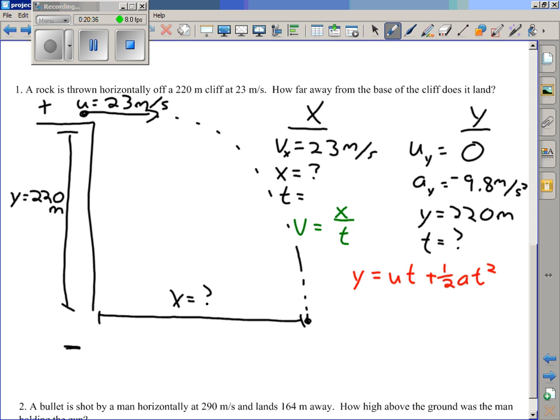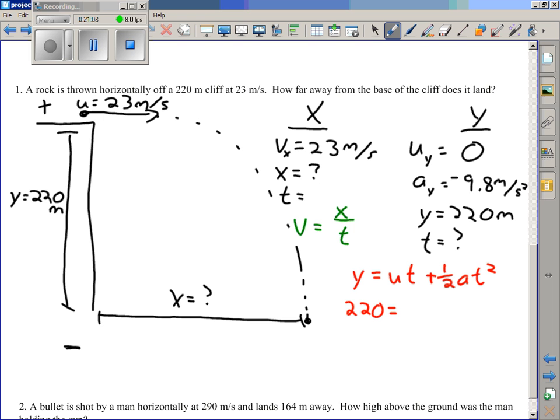In projectile motion, 99% of the time, these will be the two equations you use. v equals x over t for the x-axis. y equals ut plus 1/2 at squared for the y-axis. I'm not saying every time. Maybe I should lower it to about 90%. Now, you will use other equations, but this is more than likely what you're going to use. Okay? So this sets up as